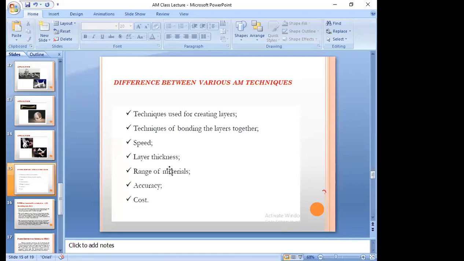So accuracy level is also an important factor. If you are going to produce a knee joint for a human body, and you are not going to maintain the right tolerances and limits, unless you maintain those accuracy levels, it may not be suitable for the application or the human body. And finally, whatever the company, whatever the application, if you are not going to produce in a cost effective way,